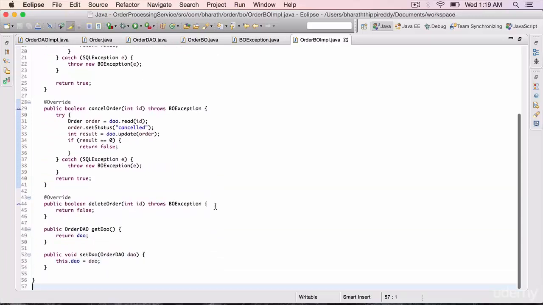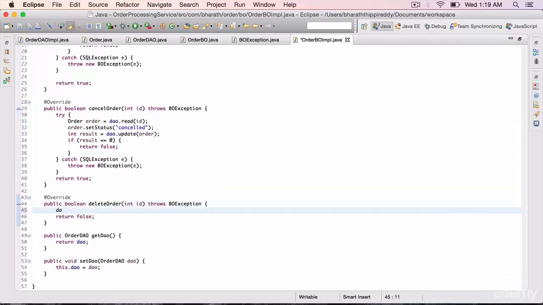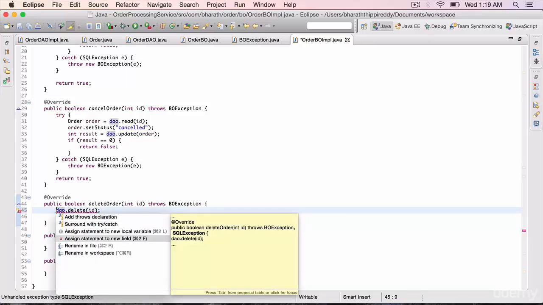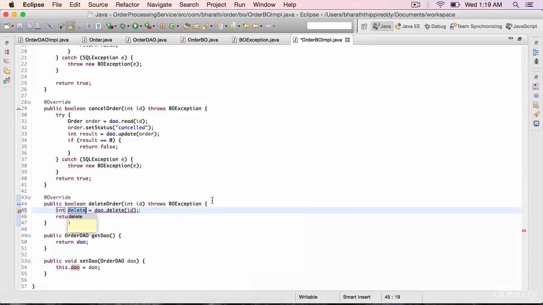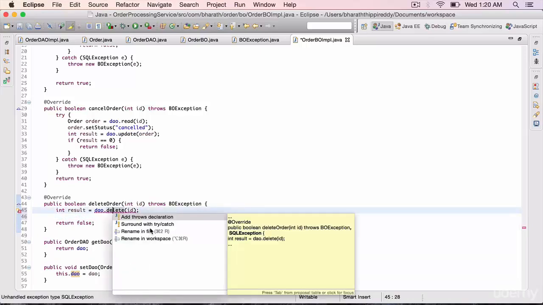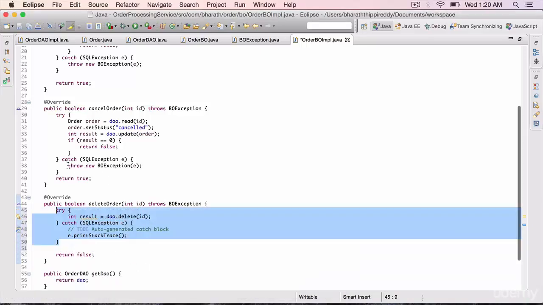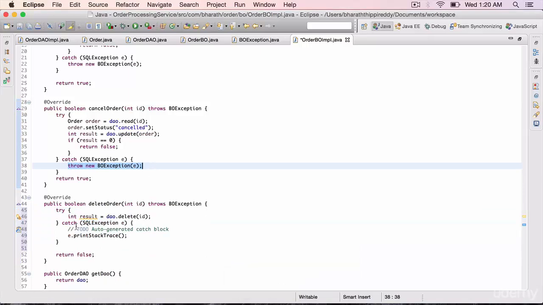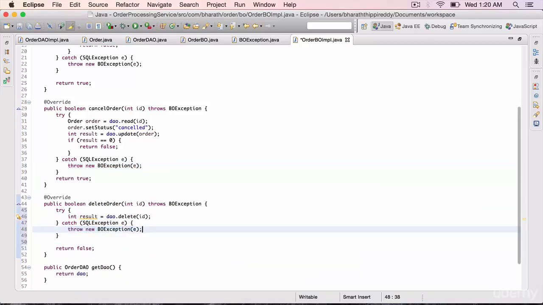Finally, the delete method, we'll call DAO.delete. We pass in the ID, same logic again, assign it to a new local variable, call it result. Handle the exception, surround with try catch, take this throw new BO exception, replace these two lines here.